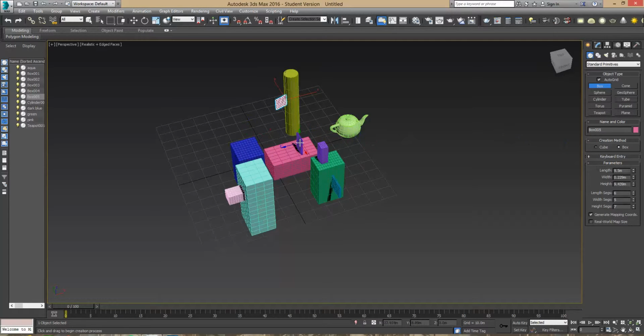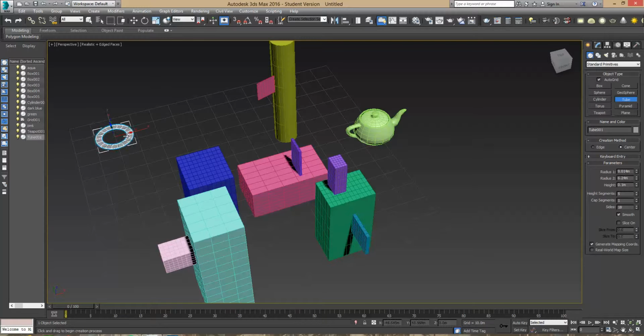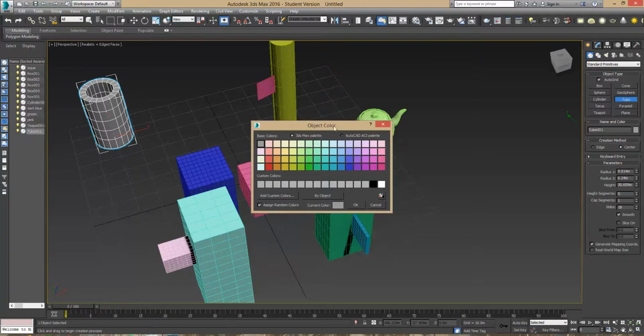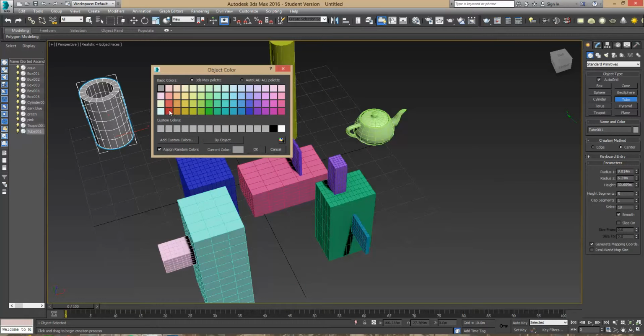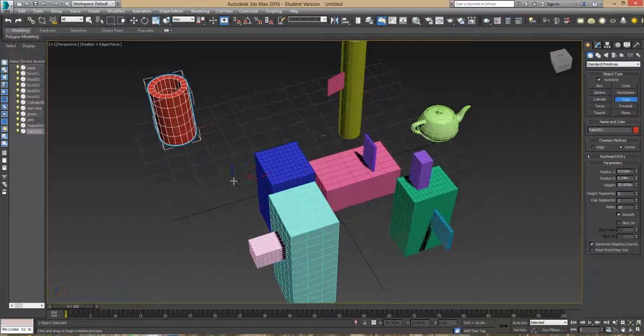Oh, one thing we haven't done, which I can also show you, is that if I just make another object, I'll make it a tube this time, left click, left click, left click, you can double click the color swatch next to the name, the object color comes up, and I can then assign a different color to that particular object. So you can look at different ways of identifying which object is which by assigning particular colors. All right, that's probably